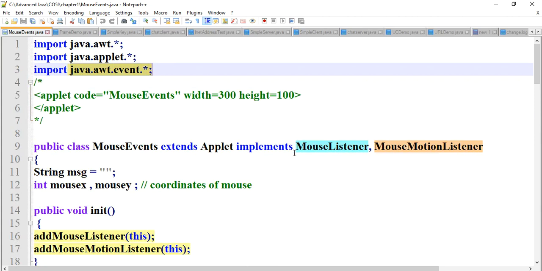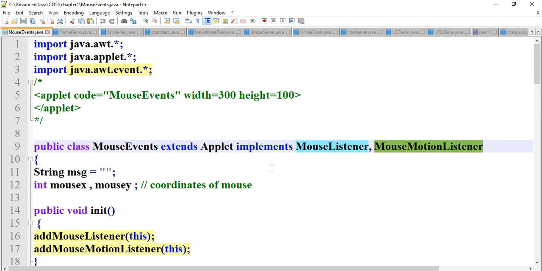The second step is we have to implement the respective listeners. For the mouse, we can either use mouse listener or mouse motion listener, or we can use both listeners. Mouse listener has 5 methods and mouse motion listener has 2 methods. We will see those in this program.